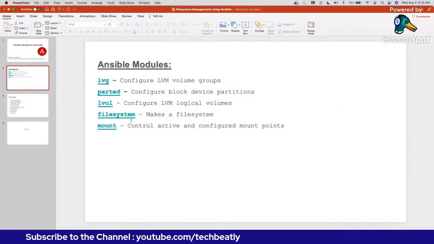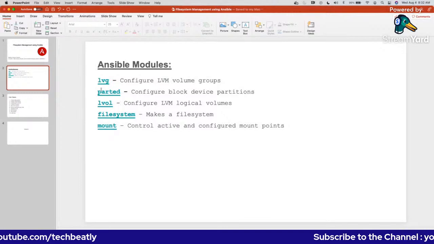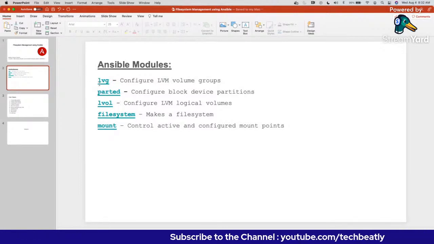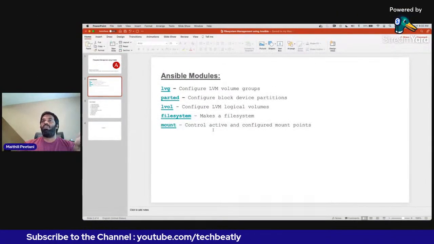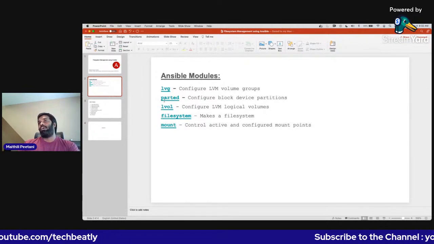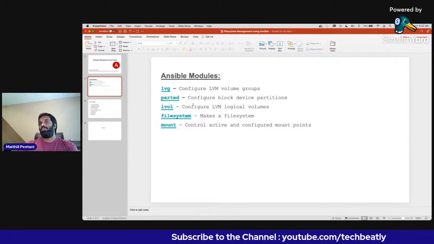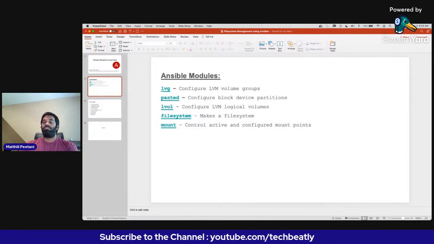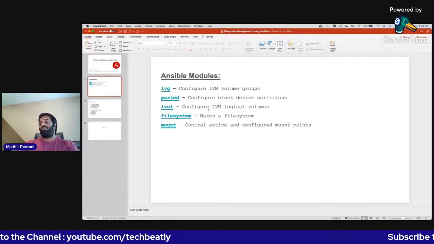The modules we use for this task are some Ansible modules. The first module is lvg. It is basically used to configure LVM volume groups. And the parted module is the one where you can partition your disks, like GPT or MS-DOS, or any fdisk utility. And lvol is used to configure your